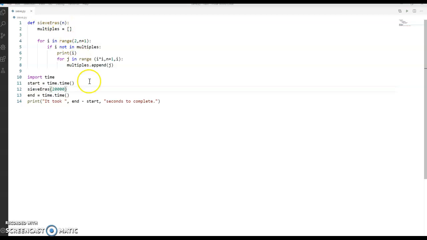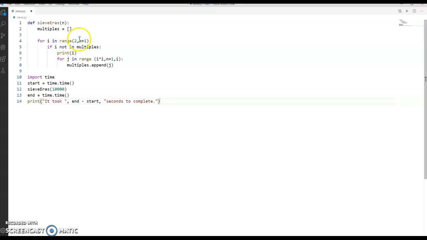So, essentially what you do for the Sieve is you have a list between 0 or 1 all the way up to whatever number you like. For here, let's say we can do 10,000. So for i in the range between 2 and n plus 1,